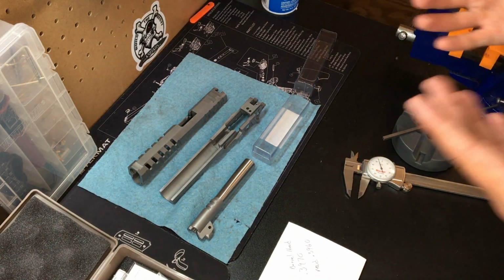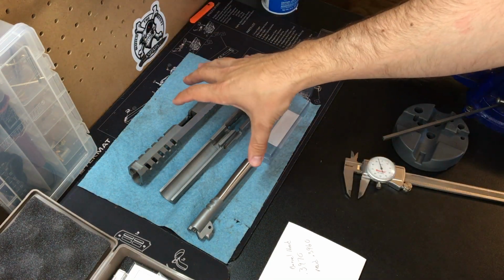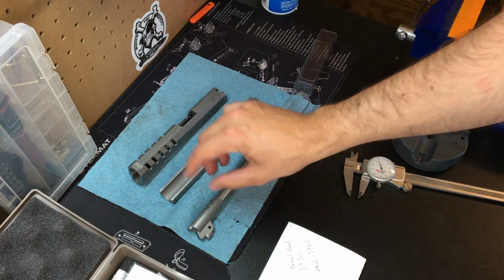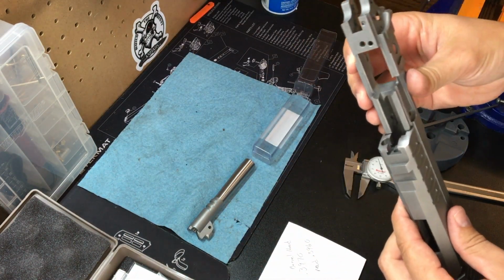Yeah. All right. So like we talked about before, we're looking at these big components here, the heart and soul of making this gun run: our slide to frame and especially our barrel to slide fit. So since last time we talked, we finished, or